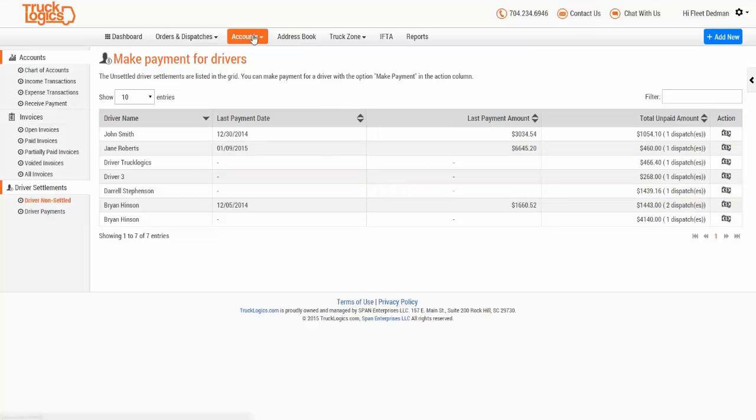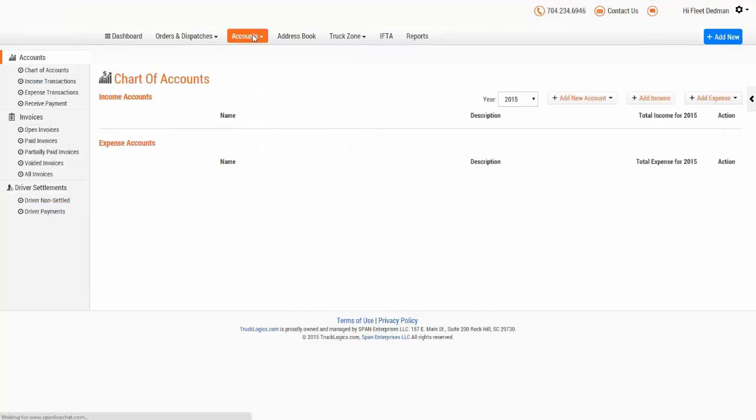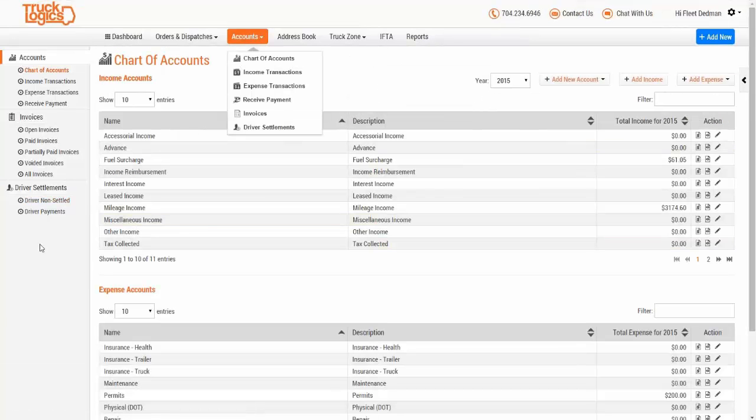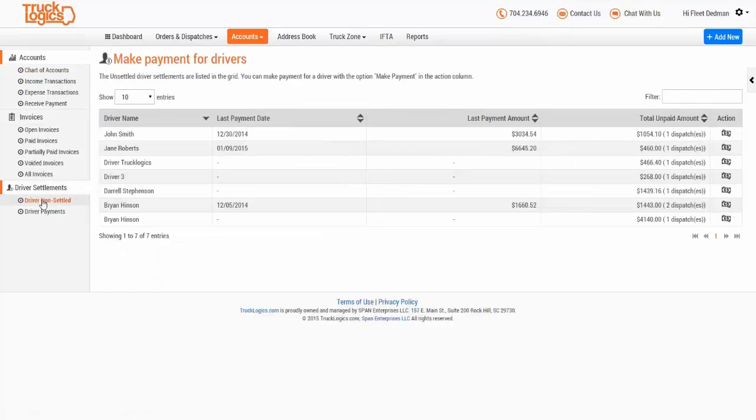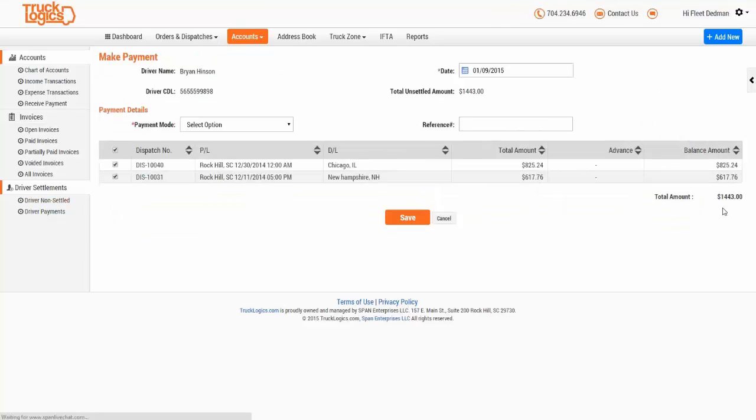So you would go to Accounts, and then driver non-settled. I hope I have a couple for you to see. Okay, so let's say this driver here, he has 2 unsettled dispatches. As you see here, it shows 2. Then you go to this little dollar icon,